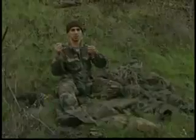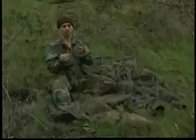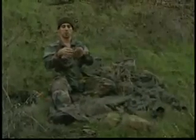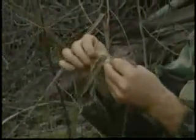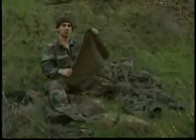One of the drawbacks to using these burlap strips when you're tying them to your ghillie suit is that when you start to fray it, as you were shown, you're going to lose these cross sections. So when you use the burlap strip material, you're going to lose about half your burlap. Another thing that you can do instead is take the strings right out of the burlap bag. So what you're first going to want to do is take your bag and cut out the